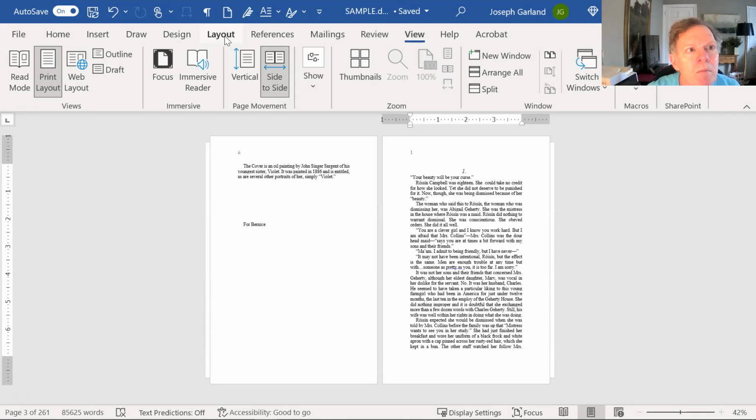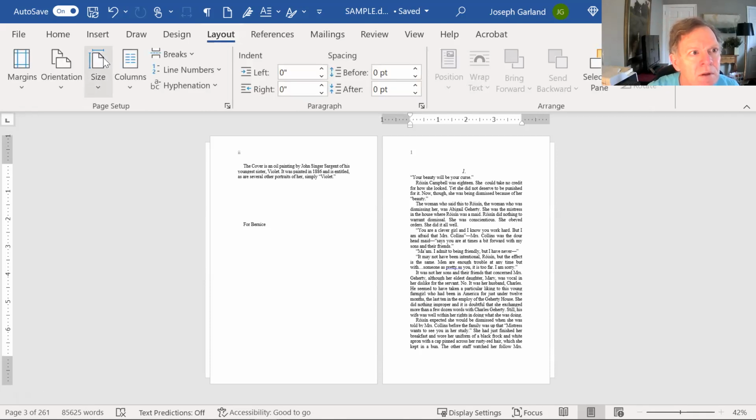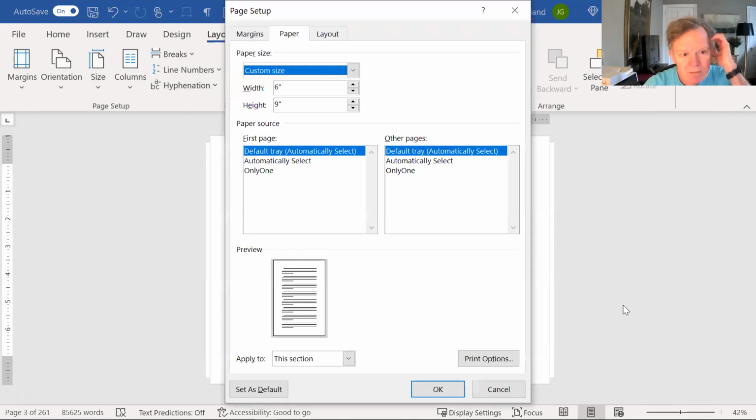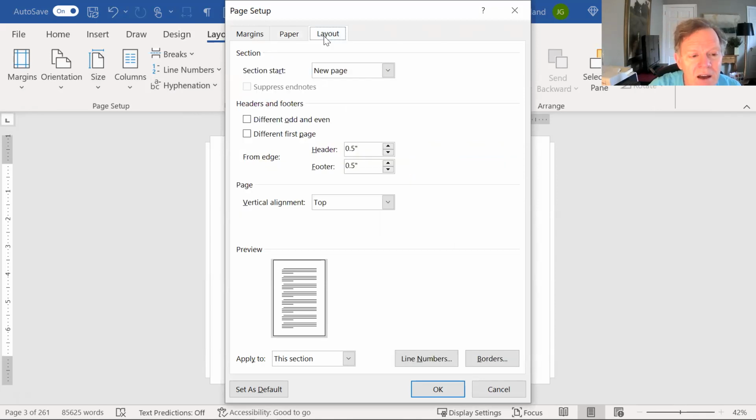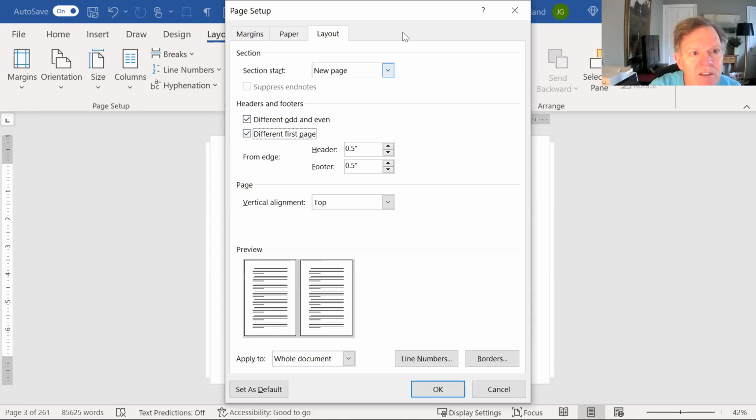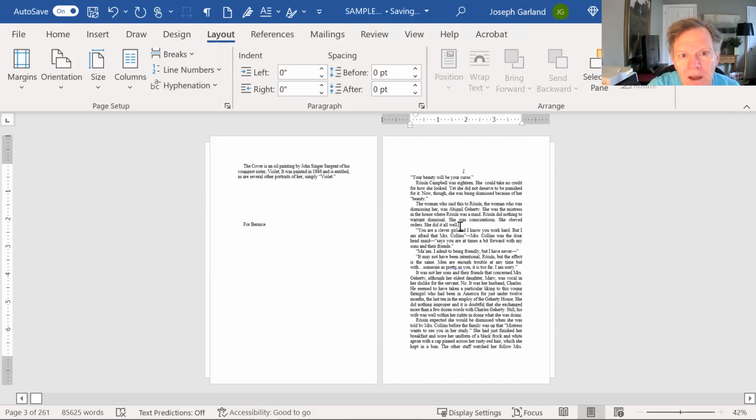How to do that? We go back to layout, go to page setup. This is what this thing is built for, okay? I want this thing being Word. I want the layout. I want it for the whole document. And here's what I want it to do. I want different odd and even pages, and I want a different first page, okay? Okay. Now,